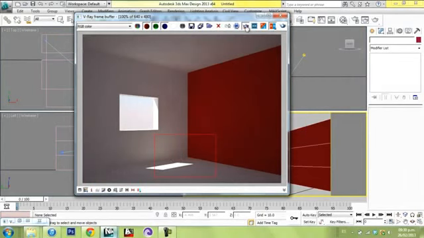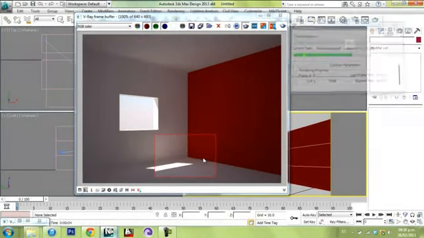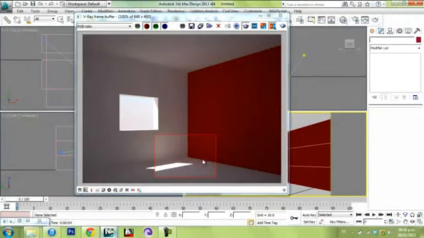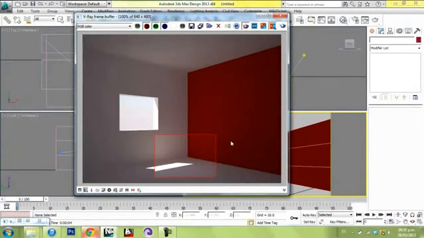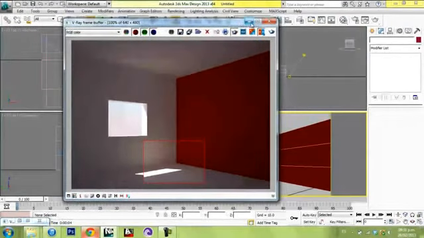Here I'm going to make a region render. As you can see, much brighter. So I think we can